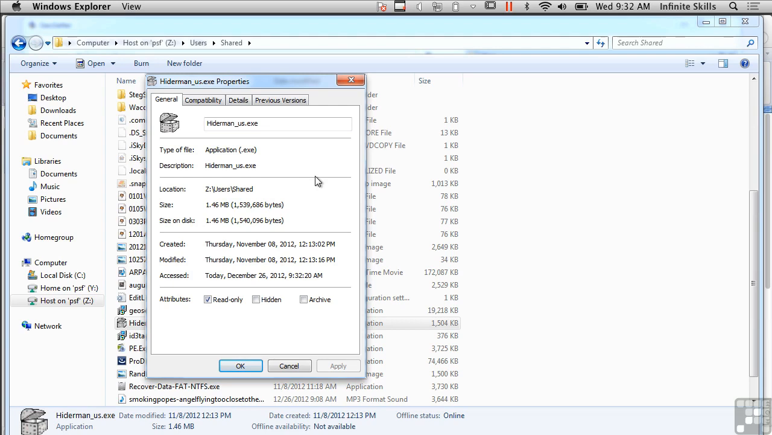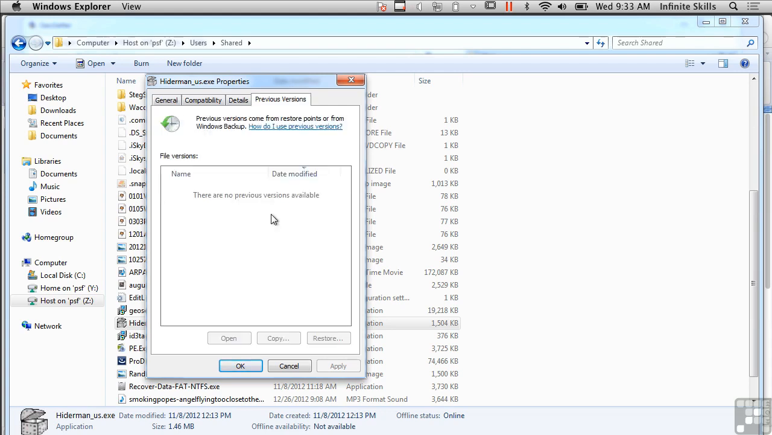So I know what the type of the file is based on the file extension. I can also see what the size is. I can see the created, the modified, and the accessed times, as well as the attributes. So that's all metadata. In some cases, you can see information about previous versions of the file, and you can